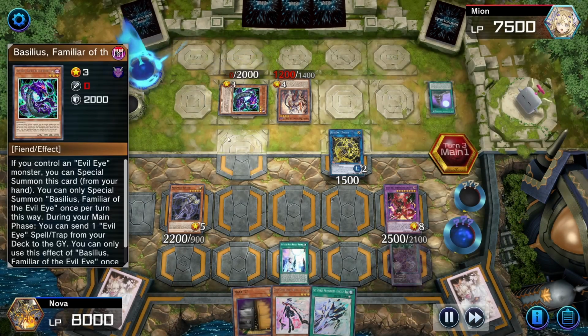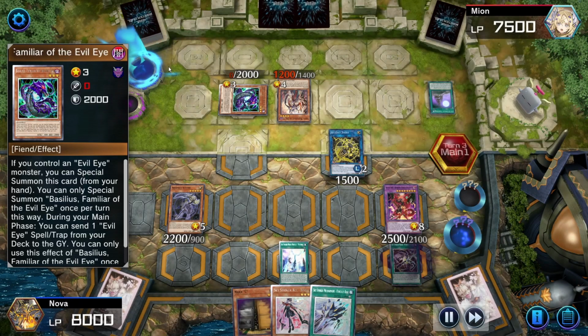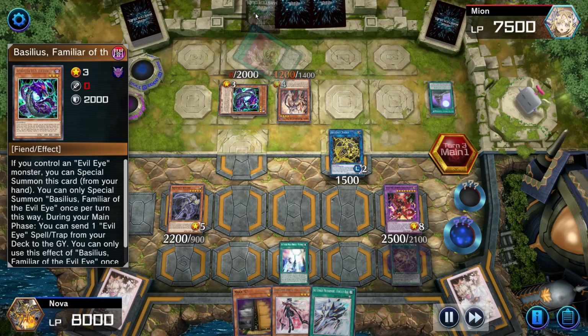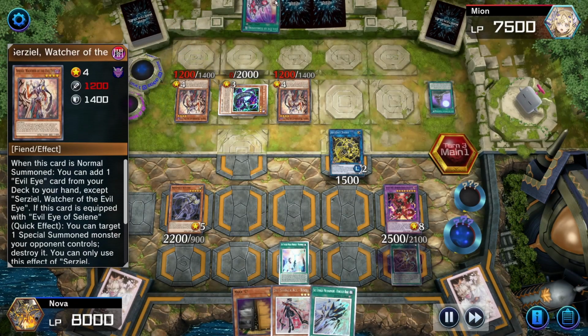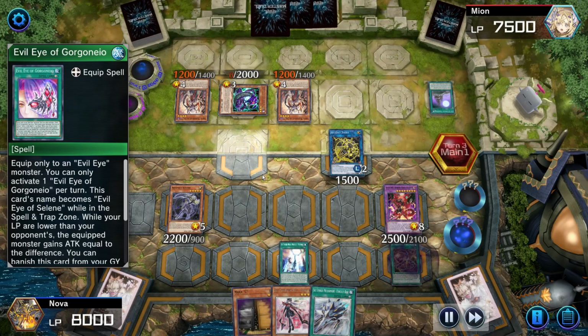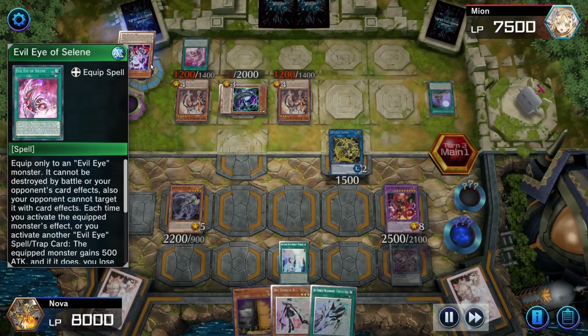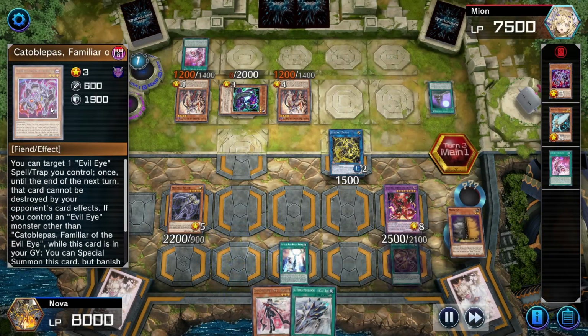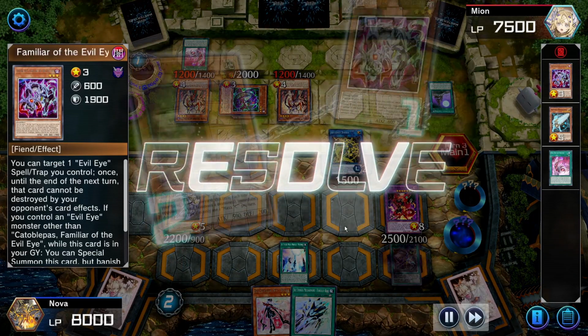They will activate their monster effect, mill a card, and then use that card's effect in order to get another card to their hand. Then they will normal summon a second Cerziel, in which they will get another Eye of Selene, and then they will activate first Eye of Selene, and then they will activate their monster from their graveyard to special summon it. I will chain Maxi to draw a card,